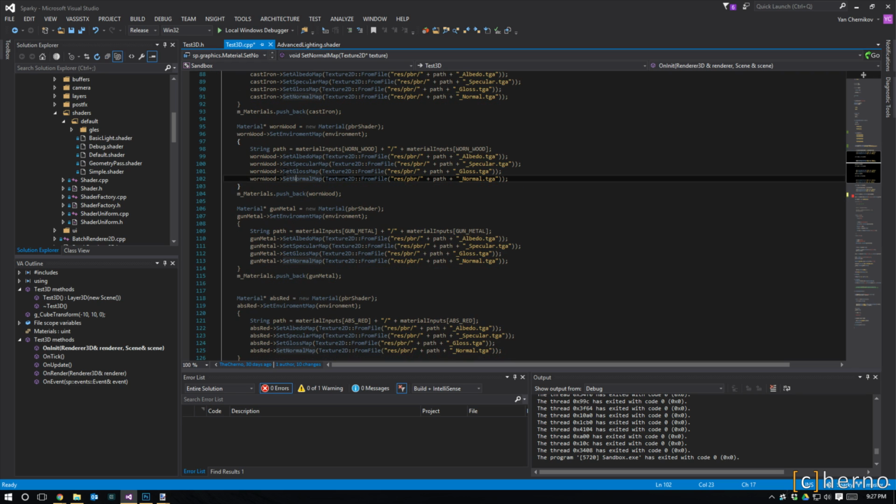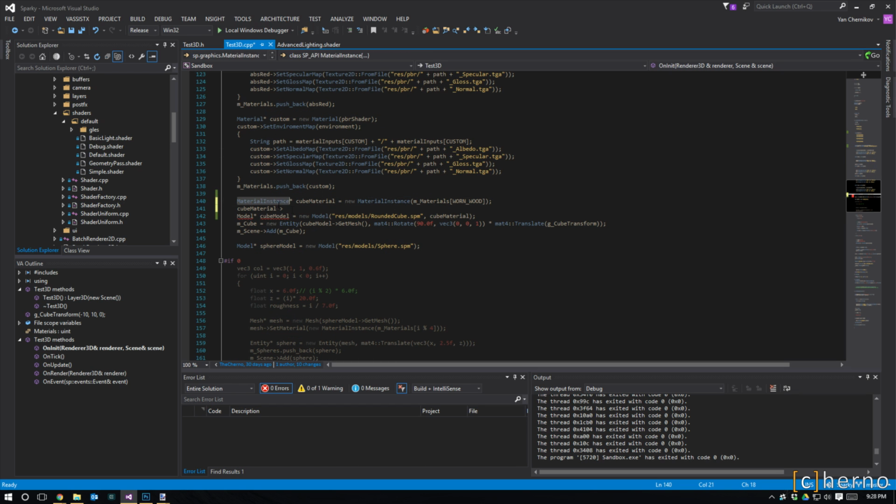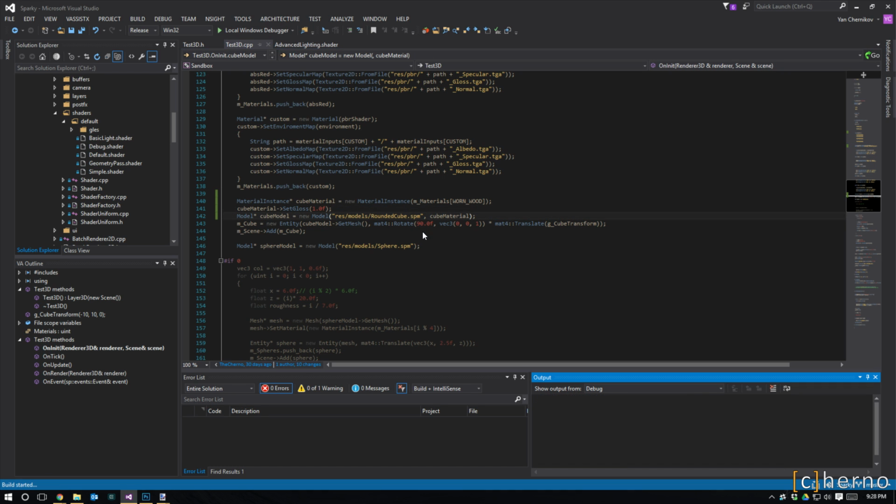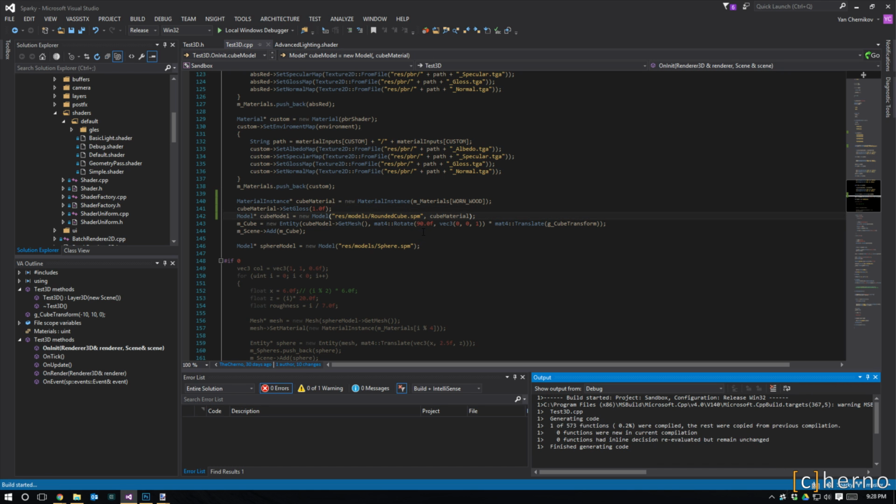So we can, of course, in the material instance, set these to other things, and it will only apply for that material instance. So if I set the cube material's albedo, you can see I can choose between an albedo map or just an albedo color. But let's do something more interesting like gloss. I can set the gloss to be 1, which would mean that it's super reflective. And if I take a look at what that would look like,